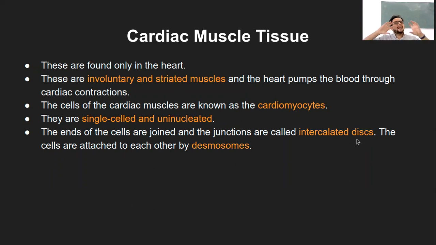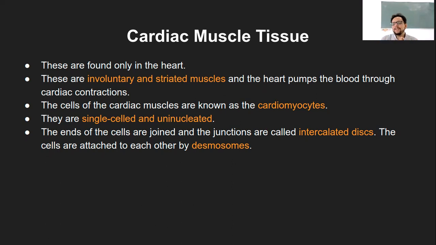I'm sure everyone has seen sugarcane or bamboo, right? How they have these ring-like structures all over it. That is nothing but an intercalated disc. Disc is a circular shape, and intercalation means in between some things. So in this case, intercalated discs are those common circular faces where the two cells are attached.